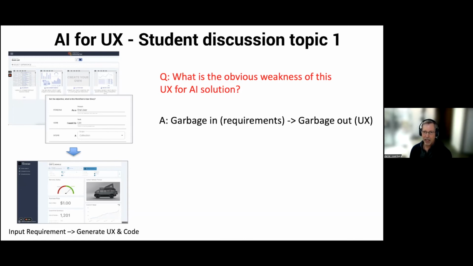Crunching out a competent user experience is a known process, but you can make a really great user experience for something that is of no importance or no use and will make you no money and get no users. If you don't have the requirements right, it doesn't matter. So this AI is totally locked into the weakness of garbage requirements equals a garbage solution, no matter how pretty it looks.